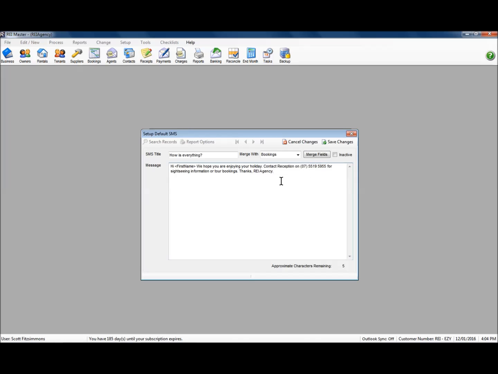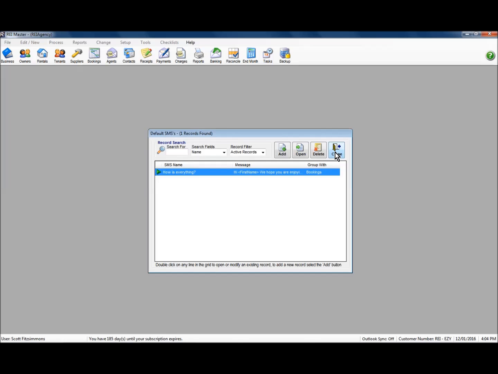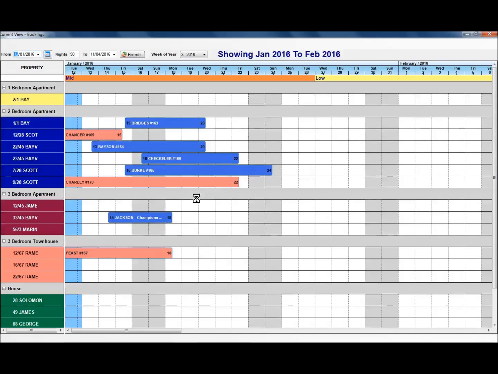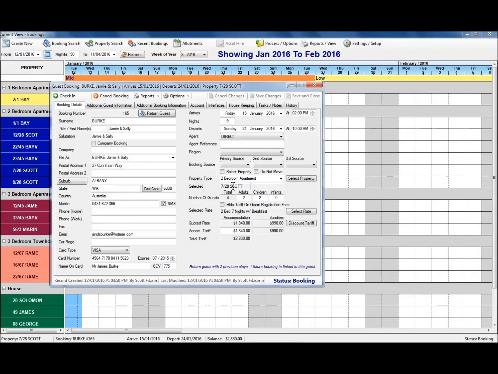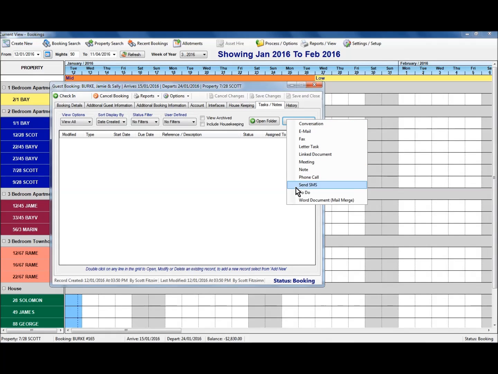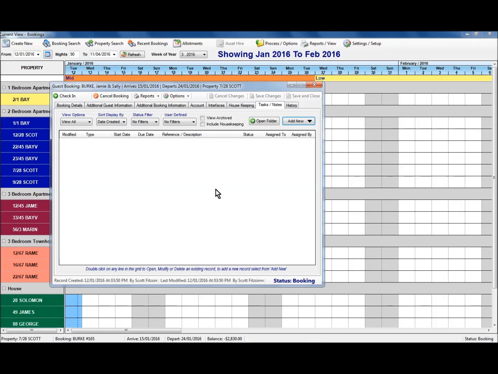Once you've added your SMS in there as a default one, that can be selected as a message, so you don't have to type the same thing over and over again. So let's have a look at how you would actually send an SMS to a guest. We can do it individually through their booking. I'll just open up this Burke booking here. Under the tasks and notes, you've got the option to select a send SMS option here. When I select that,